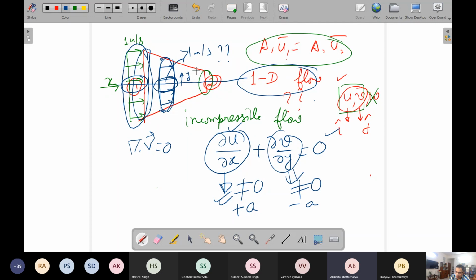So a variation of v with respect to y means that you will have a variable y component of velocity and also some x component of velocity which varies. So let us say you have an x component of velocity. Let me just draw some vectors. So x component of velocity, say first small, then bigger, like this along x. And y component of velocity, so if this is positive, then this has to be negative. That means v will decrease with y.